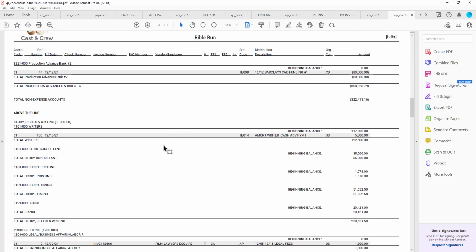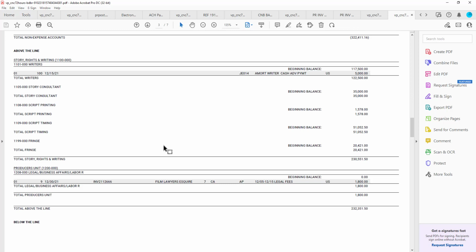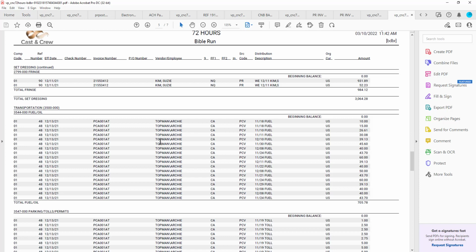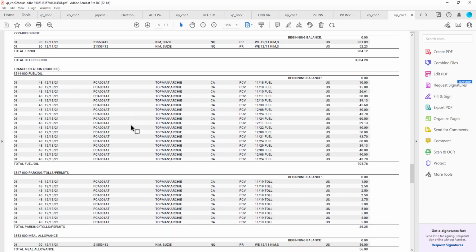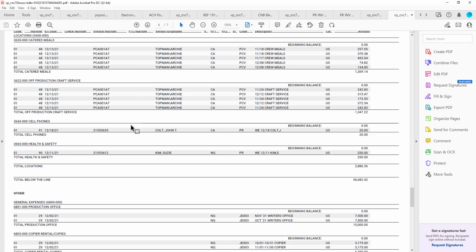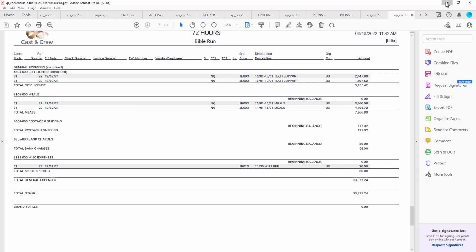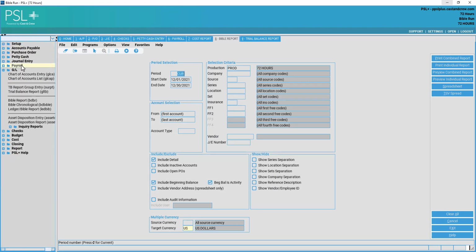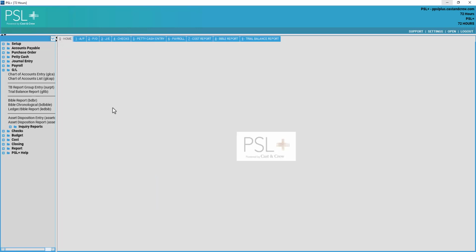Again, you can limit this down if necessary to specific areas, specific accounts. If you don't want the full Bible run, you can do that as well. And here we have all of our petty cash as well. But this is how you run a Bible report within PSL Plus. Once again, finding your Bible report is on the left-hand side and G/L for General Ledger, and found within Bible Report or at the top of your screen, Bible Report under the Quick Access menu, second to last option, number 8. I'll go ahead and exit out of my Bible Report